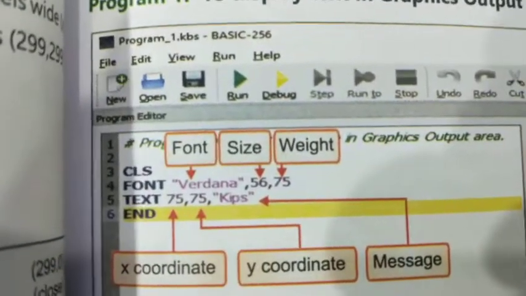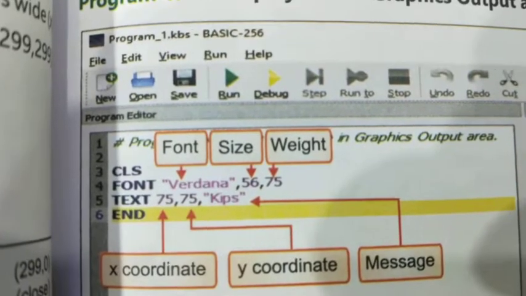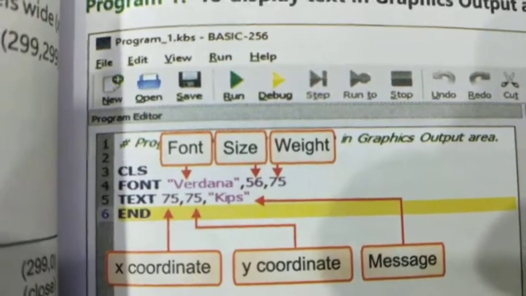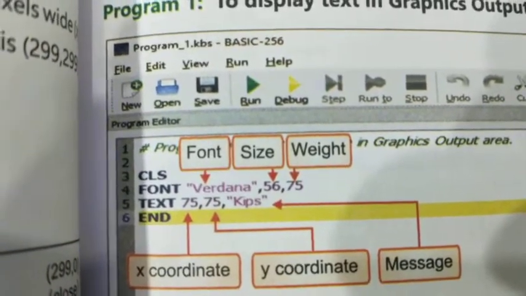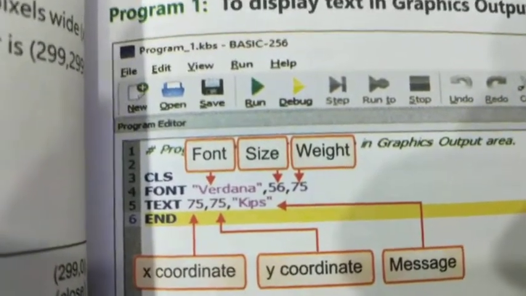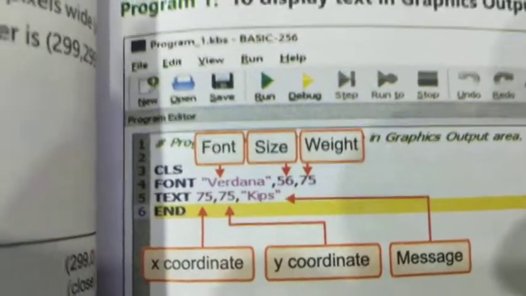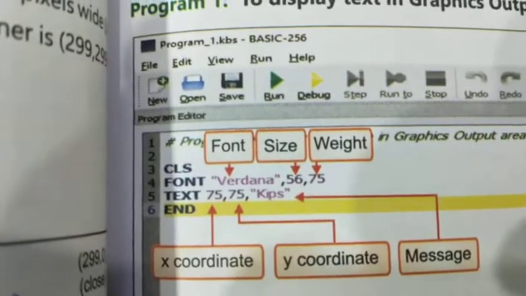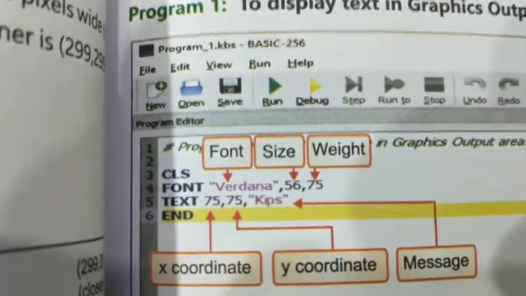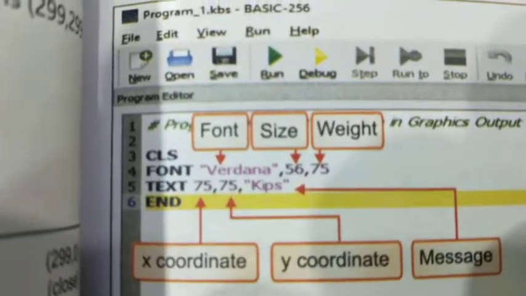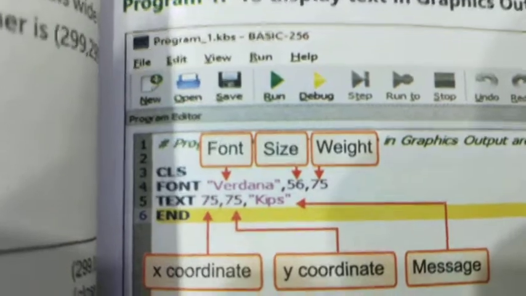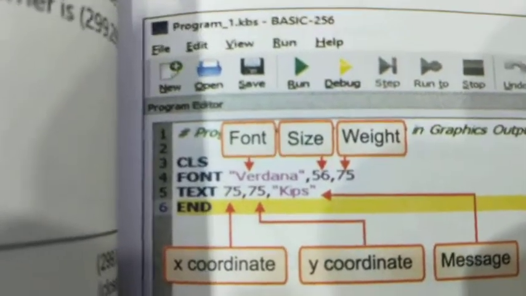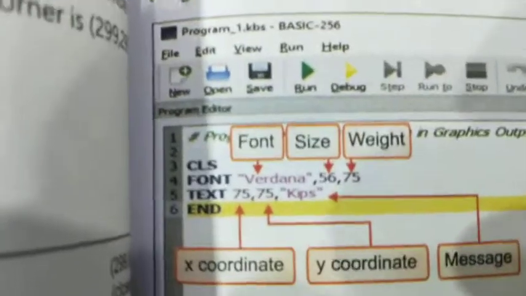You can see the size is 56 and the weight is 75. Then the text command, 75,75, that means the 75th pixel on the x-axis and the 75th pixel on the y-axis. There you want to write the word KIPS, and at the end of this program we write the end command to end your program.